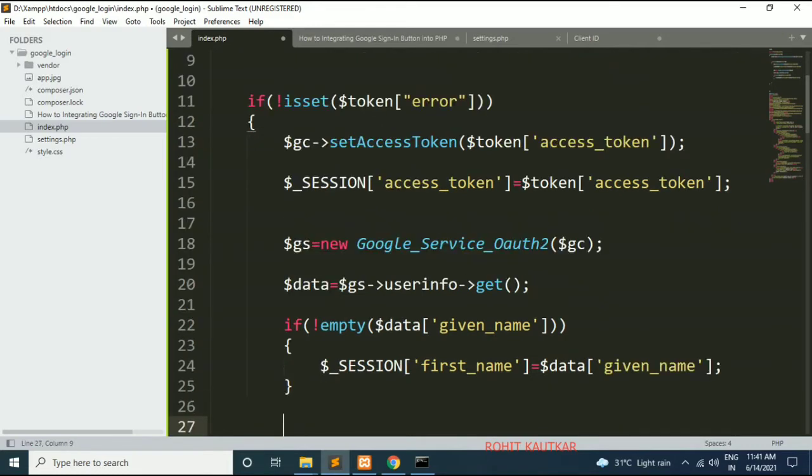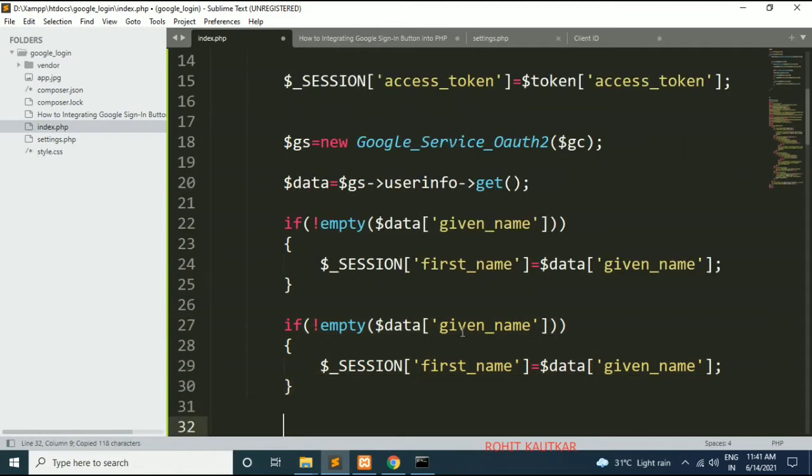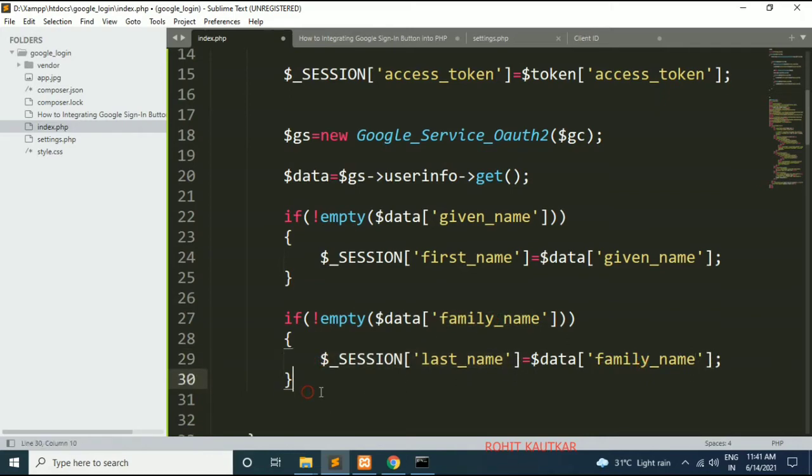In the same way now we will check next the family name whatever the user has given. So I will copy this and paste it here. Now here I will change given name to family name, and I will create a variable, let's say last name, and same I will specify here. So his last name will be available within this session variable last name.